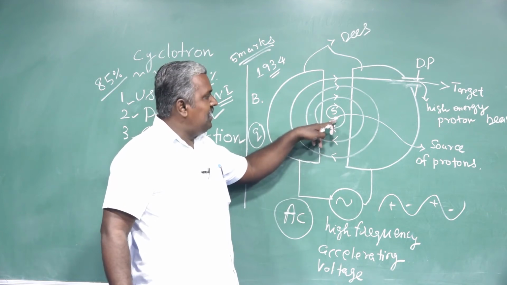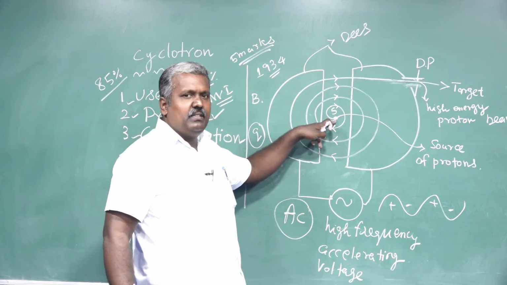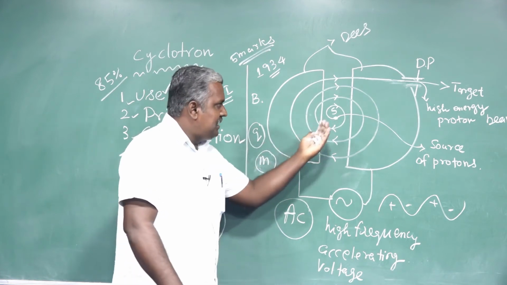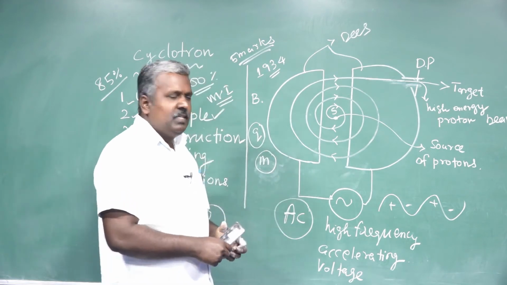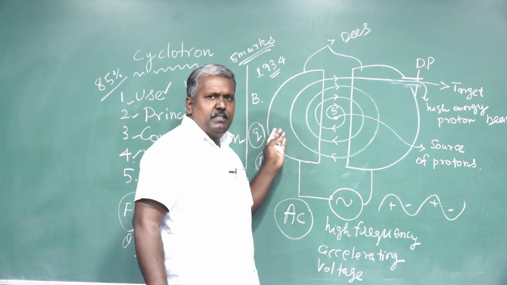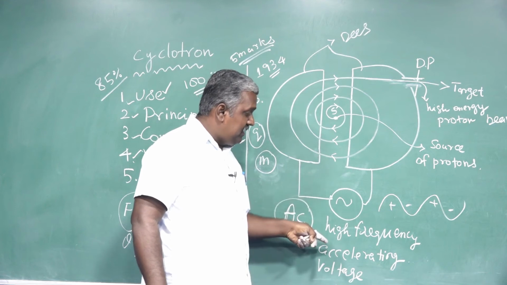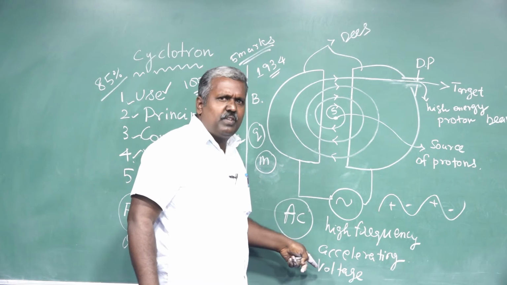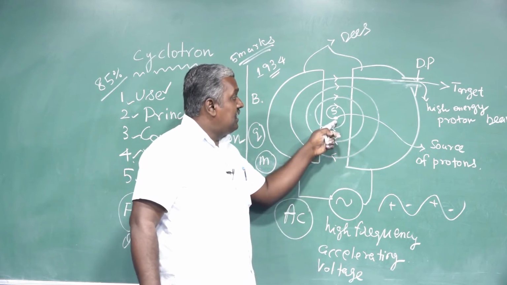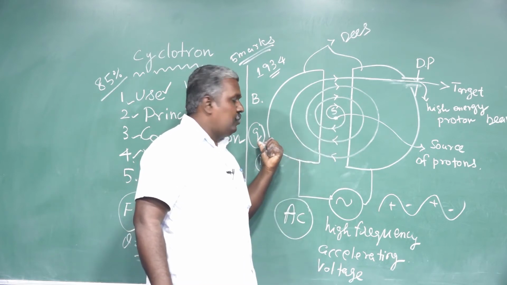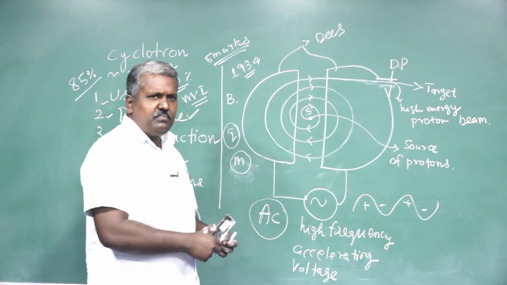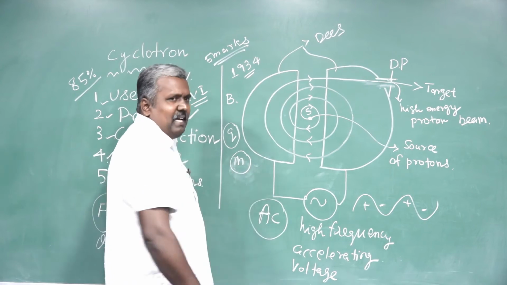When the positive ion of charge q, mass m, is ejected from the source, it is accelerated. Already the two Ds are connected with the high frequency accelerating voltage, no? Or high frequency oscillator, no? That means the source of AC. So when the positive ion of charge q, mass m, is emitted or ejected from the source, it is accelerated